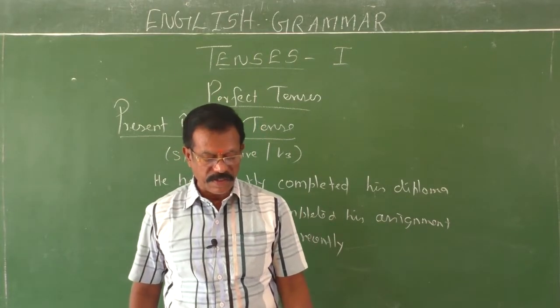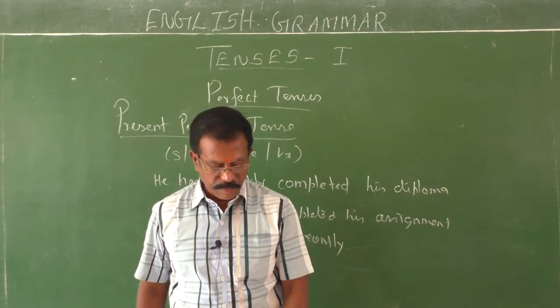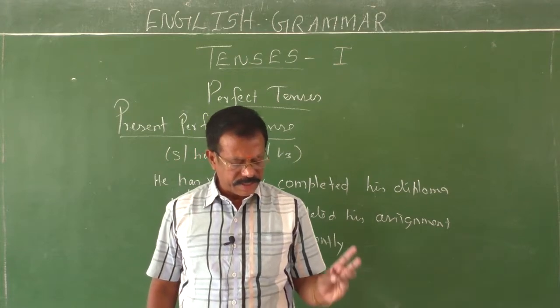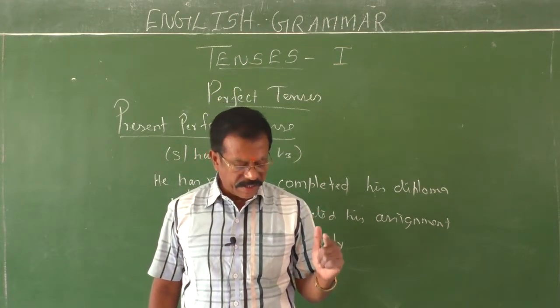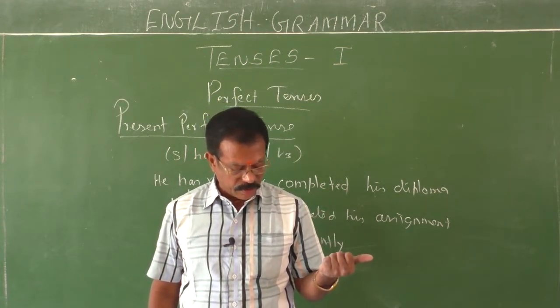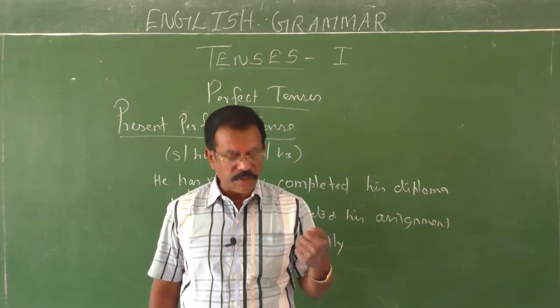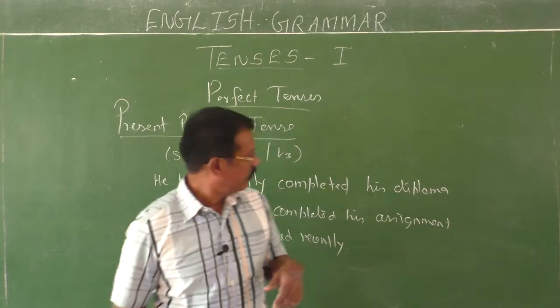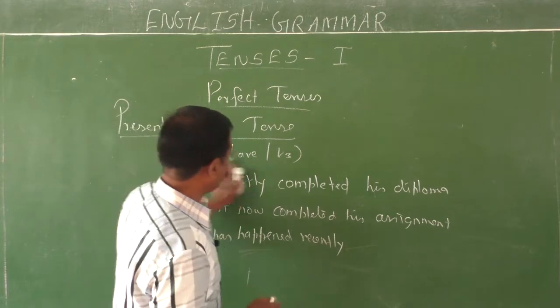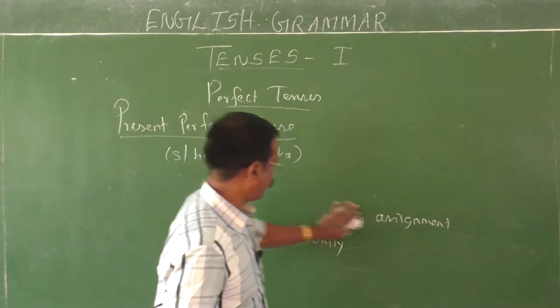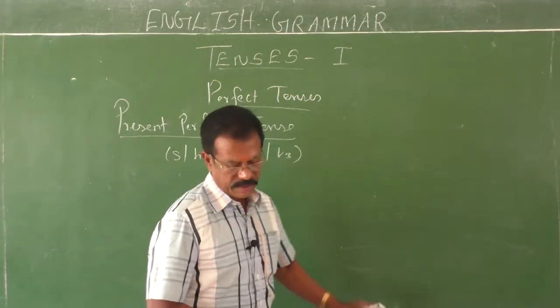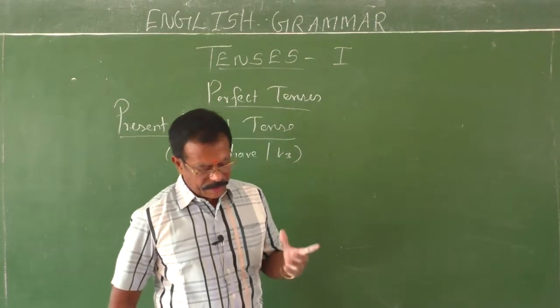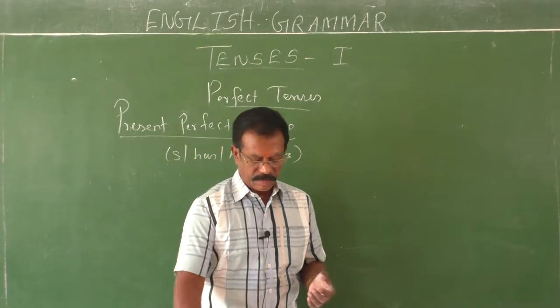So the key words are very important. In these present perfect tenses, just, yet, never, already also can be used. I have worked as an engineer for 2 years. See, I will give you some more examples, children. For your better understanding, I will give you some more examples. See, my brother has driven a car before.